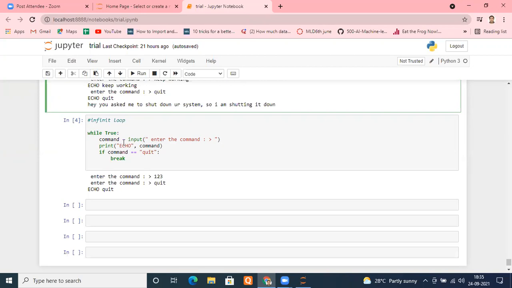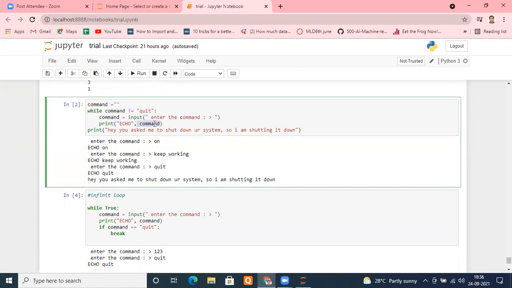Hello, sir. Yeah, please tell me. Sir, instead of taking an empty string, can we take the command input outside the while loop? If you are asking for the first time, no, you can do anything, it doesn't matter. It's up to you. But if you want to check the condition, then you have to put that inside here as well. It is mandatory to be here, right or wrong? Otherwise, once you enter the loop, it is going to stay inside the loop.